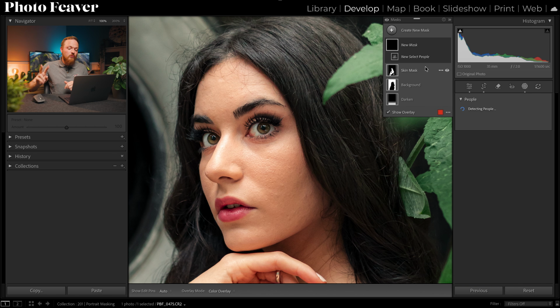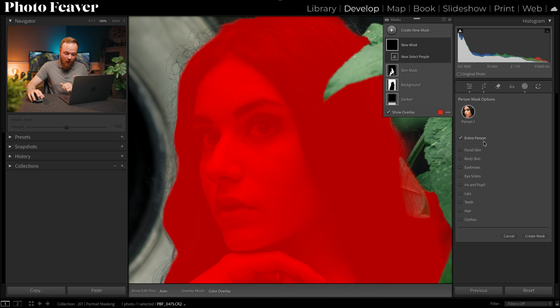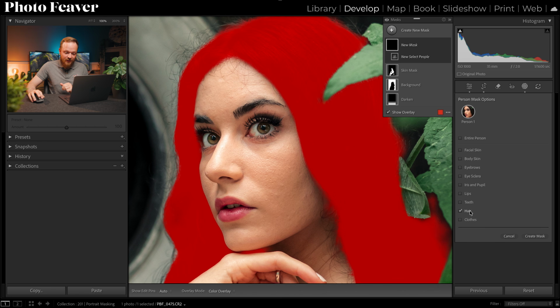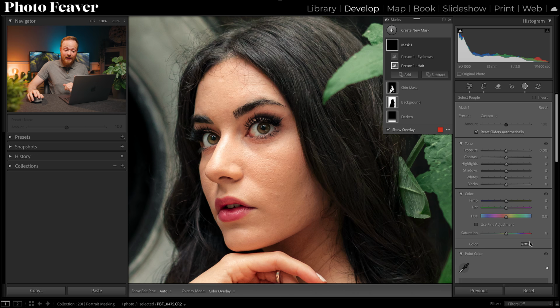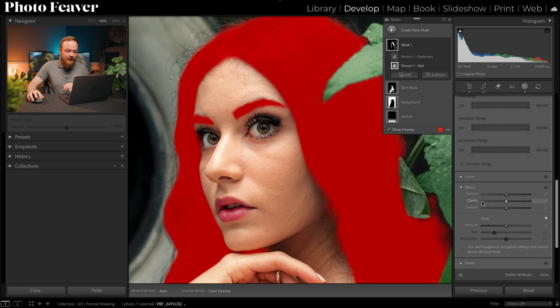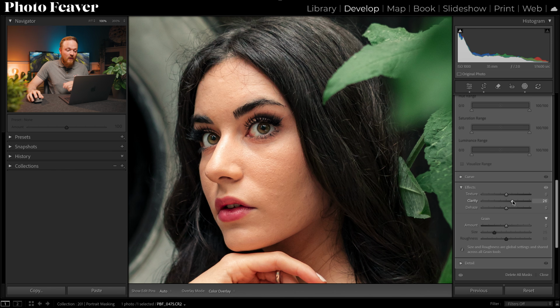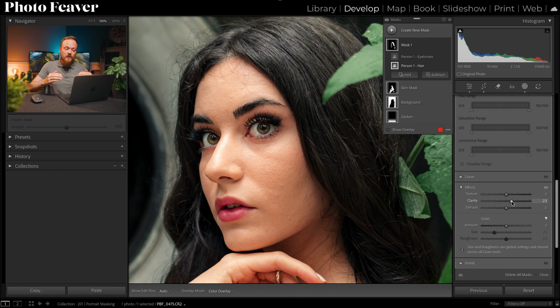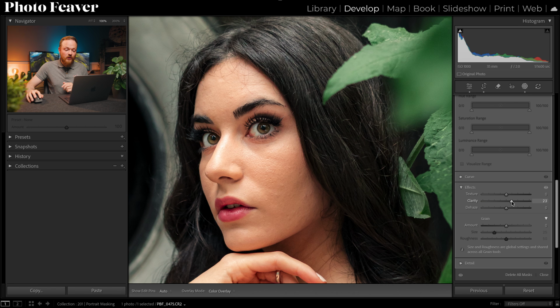Now there are usually two masks that I like selecting. So when you select person one, we have got hair, but I also like selecting eyebrows in the same mask, and then go ahead and create. Then all I'm going to do is simply go down to my clarity and increase it. This, in contrast to the smoother skin, still makes the photo look nice and sharp, especially when we select the